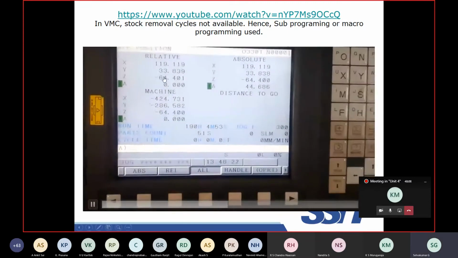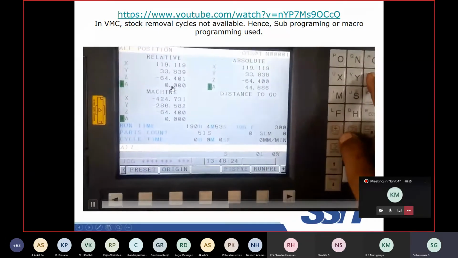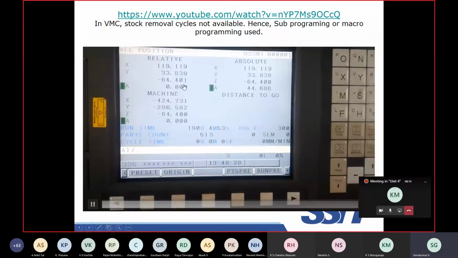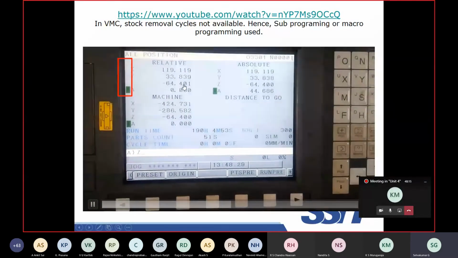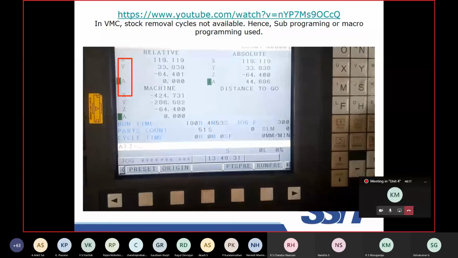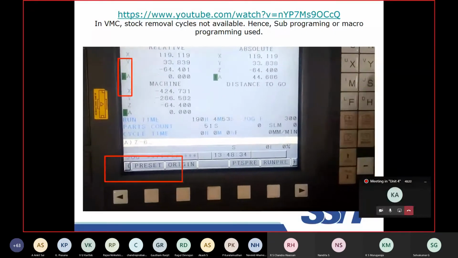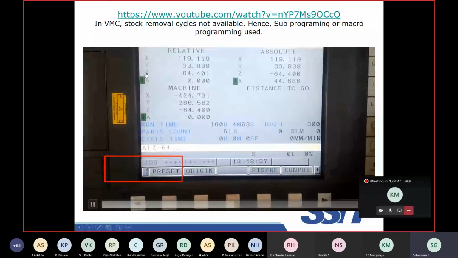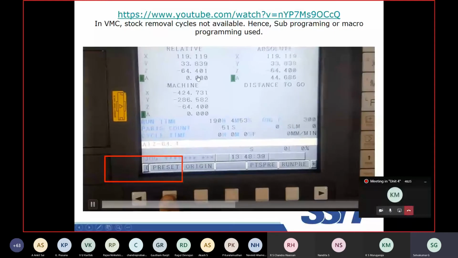So this is the machine value Z value display. You look at it, Z value minus 64.401. This value you have to set. So you have to preset. If you set preset, it will become Z0.